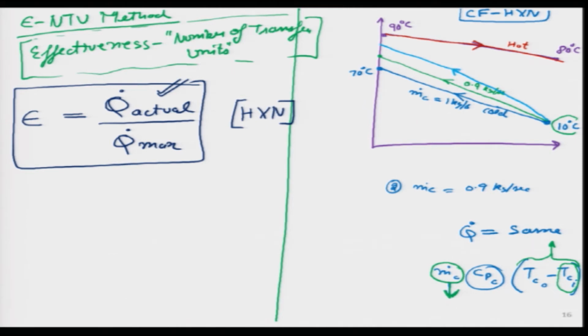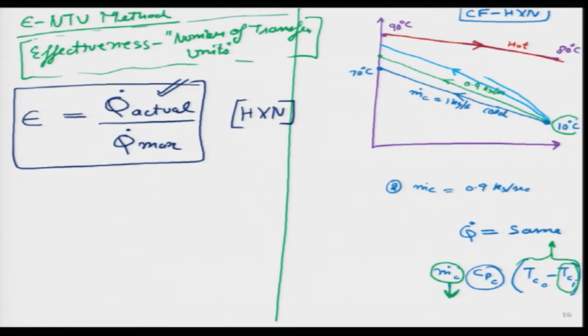So, do not remember these numbers, 1 or 0.9, 0.8; by themselves they do not mean anything. The direction in which we are going means everything, which means we are trying to reduce the mass flow rate. How much further can I reduce the mass flow rate? There will be a point where I have reduced the mass flow rate of water in such a way that the exit temperature of water becomes 90 degree. This is possible, right? So, when I am traveling in this direction, maybe I will use a purple color, in this direction m dot c reduces.